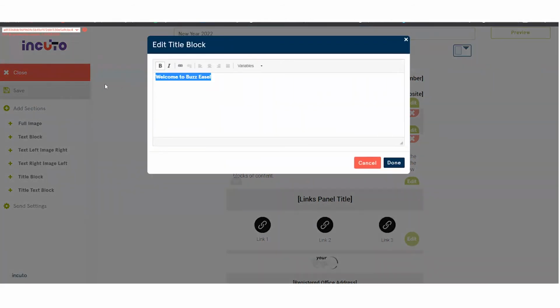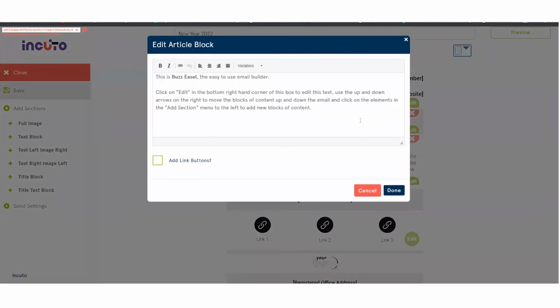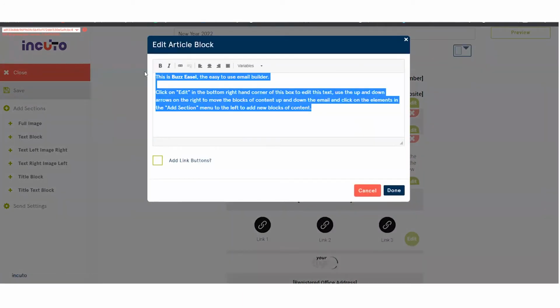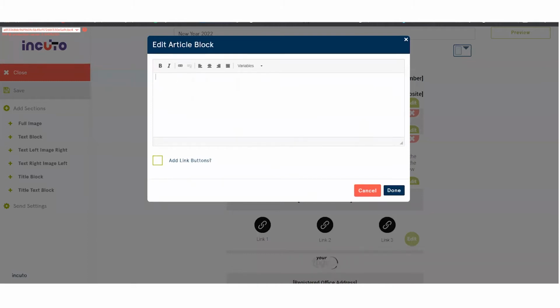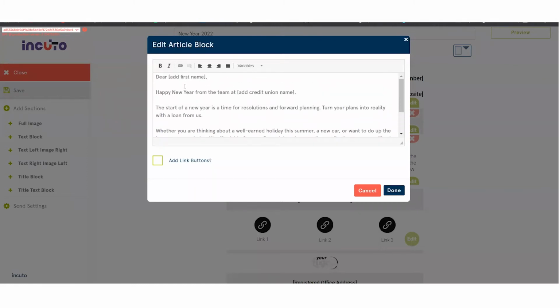So for example, I'm going to edit the header saying, Happy New Year within here. And then edit this text here. So if I just paste that into there, it gives you a bit of text straight away. And what it also does is it highlights the areas where variables are needed. So in this case, I'm going to remove that